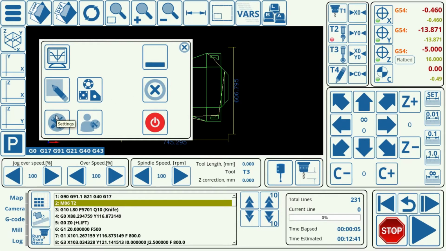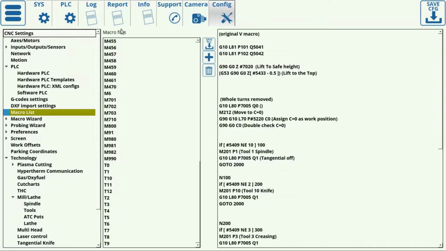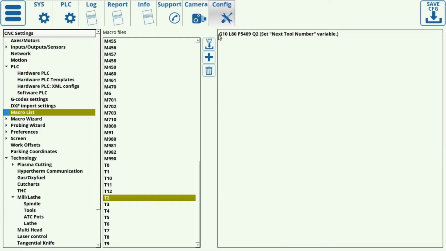It is important to note here that all of your commands from T1 to T99 are defined as macros in the myCNC software. And these macros, if we go back to the macro list, typically consist of just the one line, which sets up the global variable 5409, which is your next tool number. So for example here, for T2, you would have G10, L80,